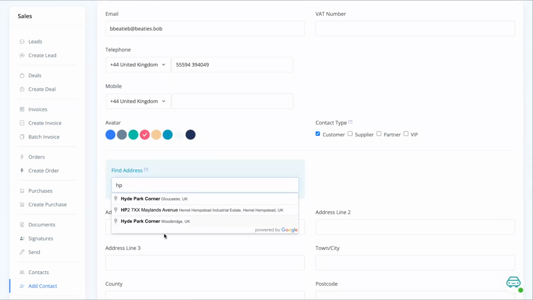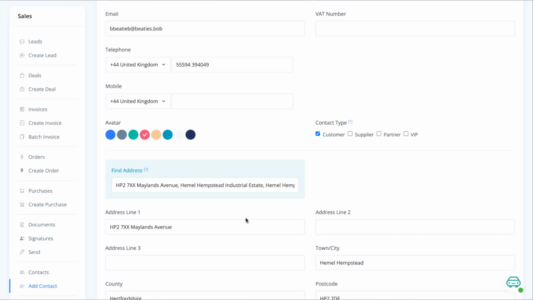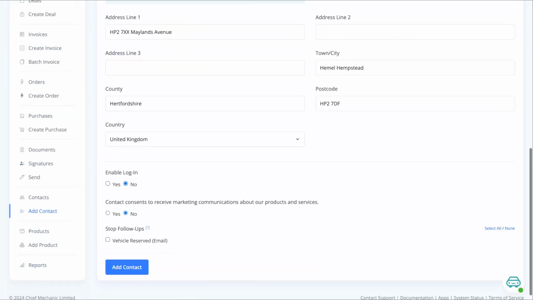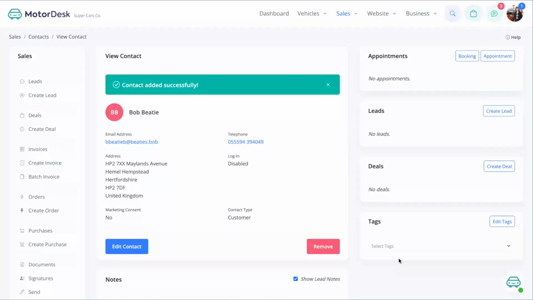It's best to just start with the postcode, and then once the address comes up, it'll populate all the fields for you. You can choose whether you want the customer to be able to log in on your website or not, whether they consent to marketing contact, and whether you want to stop them receiving any of your automated follow-up emails. Once all these details are filled in, press Add Contact, and this is now where we can add